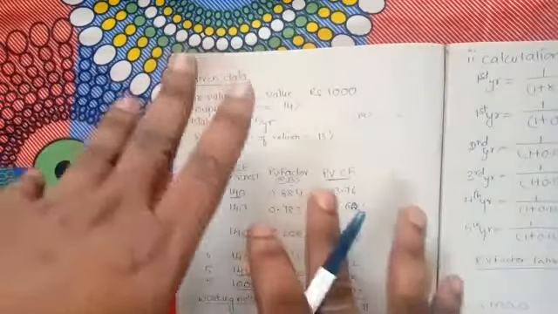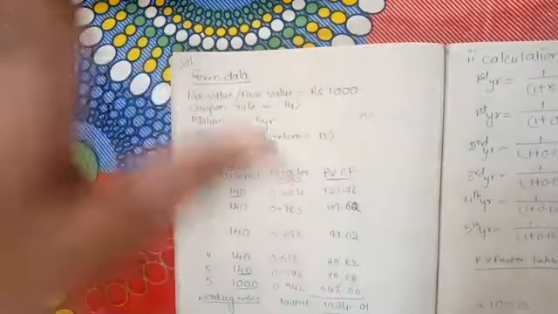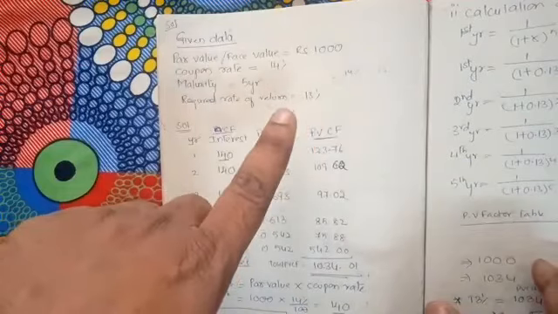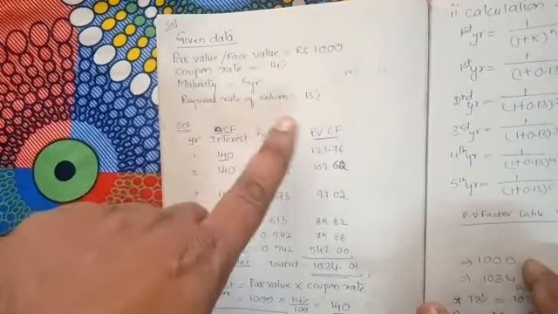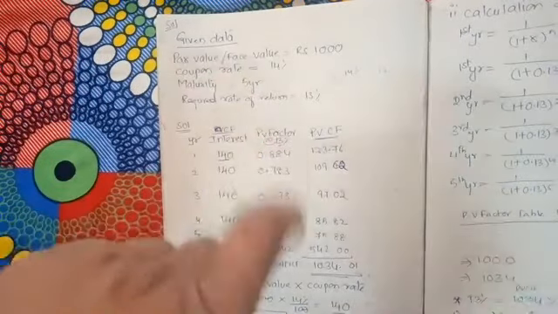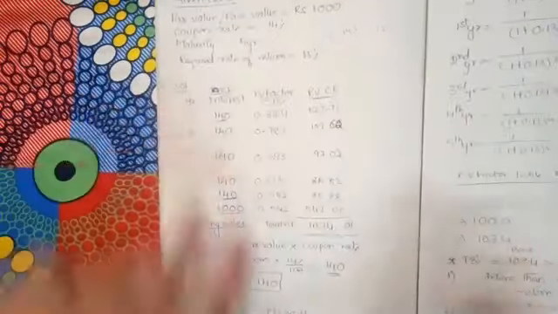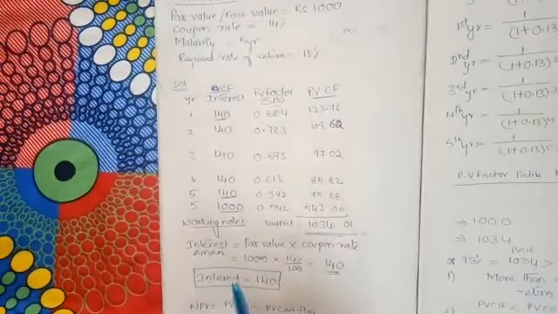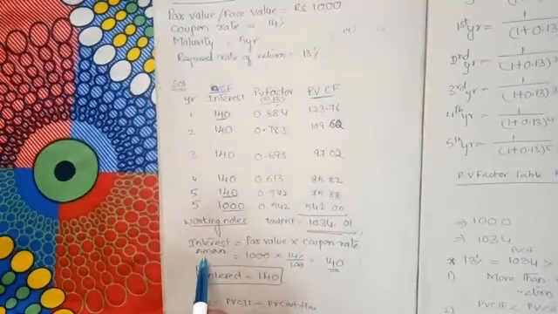But it is not that. We have to do the problem and find out the value of the bond. Your question was not whether you are accepting or rejecting. He asked you to find out the value of the bond. Now here, the value of the bond is 1034. How to calculate? First, you need to find out the interest amount that you're going to get.